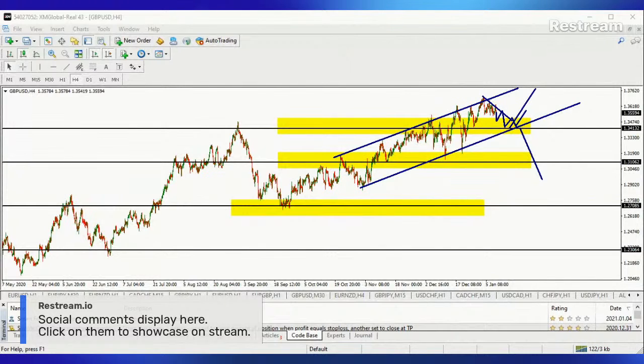Okay, so the daily is showing us we're going down. Okay, so I'll zoom out. Okay, normally I like